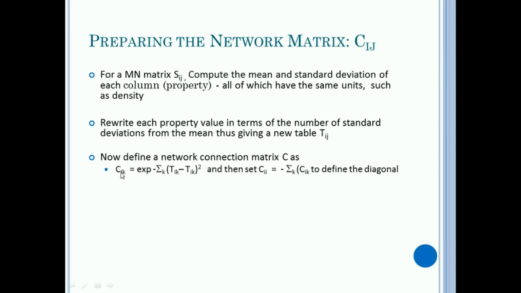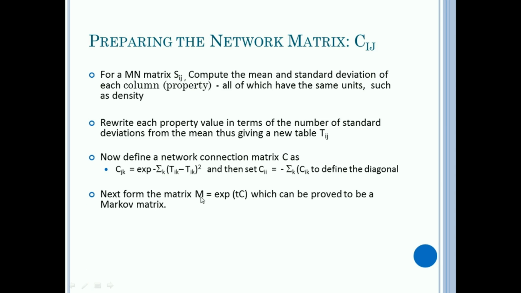And that tells us all of the elements off the diagonal. But then on the diagonal, we take each of those columns and sum it. So I'm summing over a column for each row. I'm sorry, that should be an i right there. So I'm summing over all the rows, the sum over i of Cij, and we're going to set that equal to the diagonal in that column.